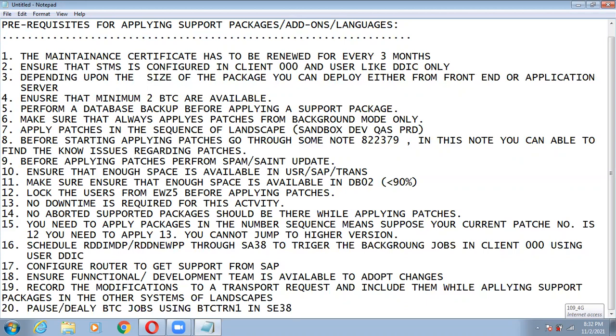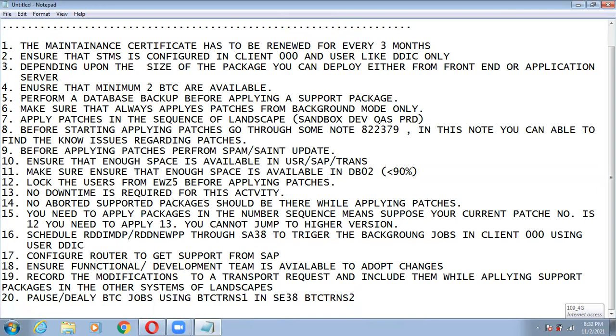When the activity is completed, you need to resume those jobs using BTCTRNS2, in the same SE38 T-code only.